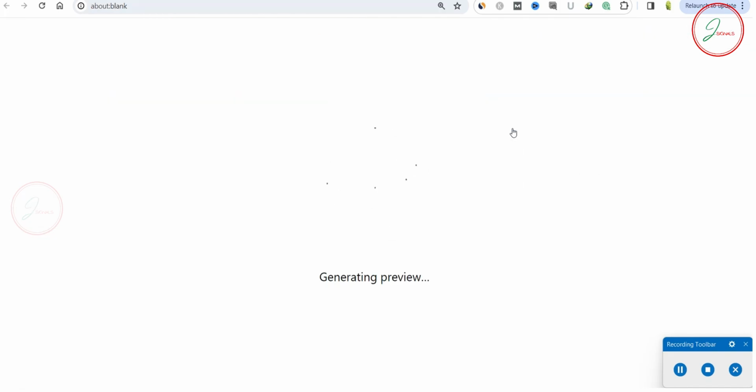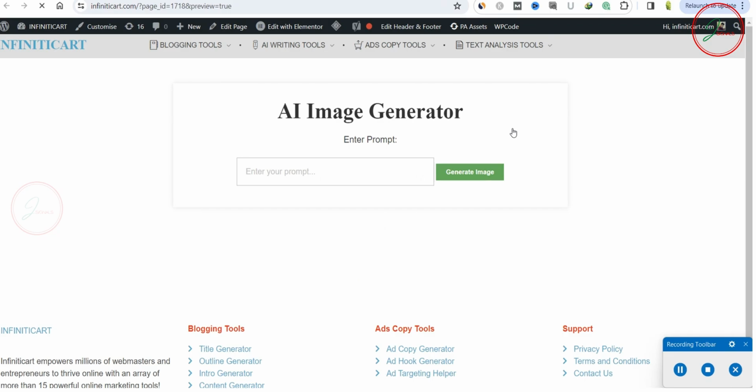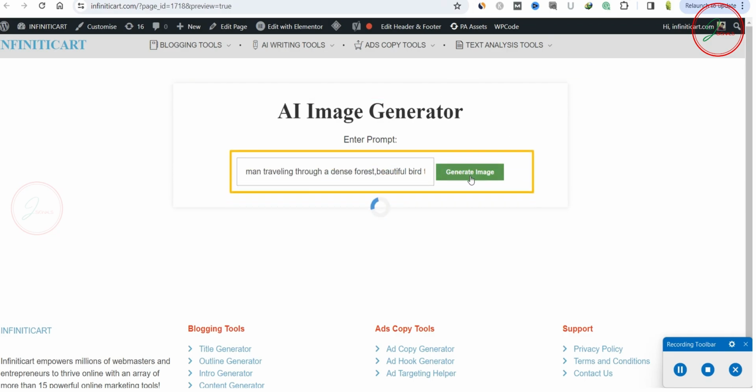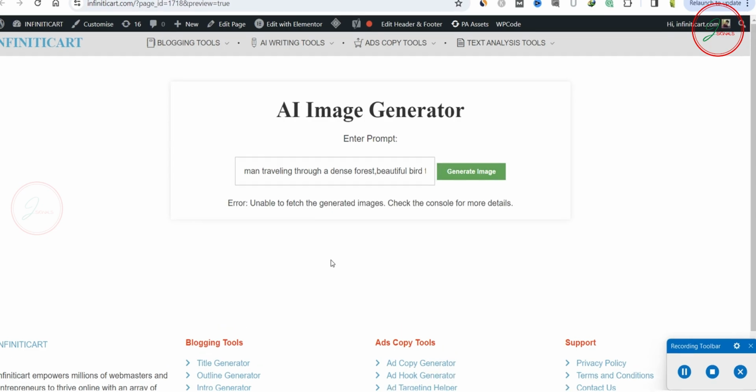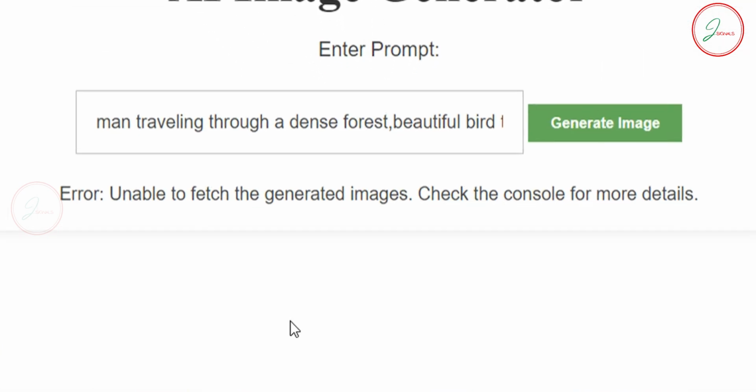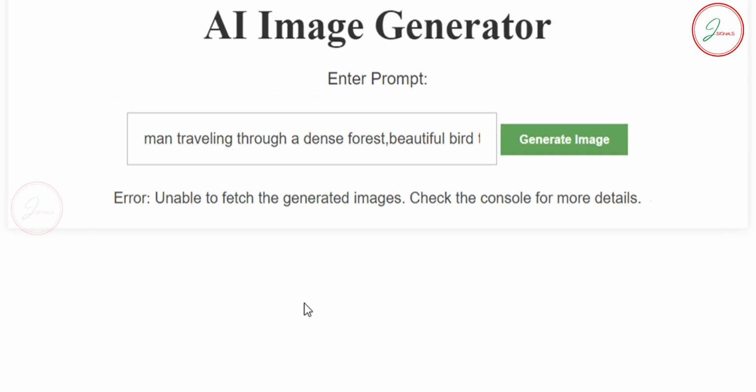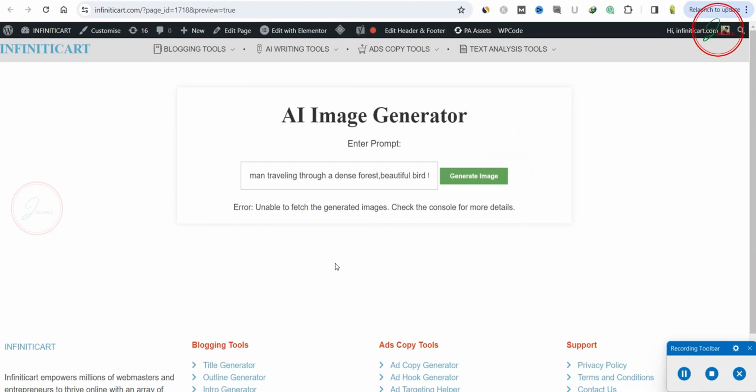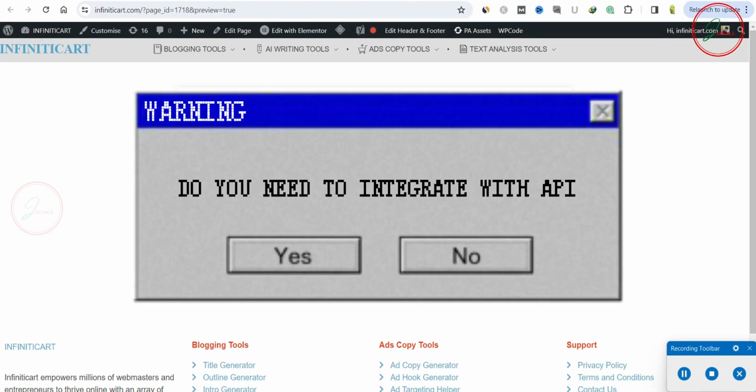You can click preview new tab, and this is your tool. Just enter any prompt and click generate image. So we are getting an error message. To overcome this error, we are going into the important and main step, that is integrating your code with the OpenAI